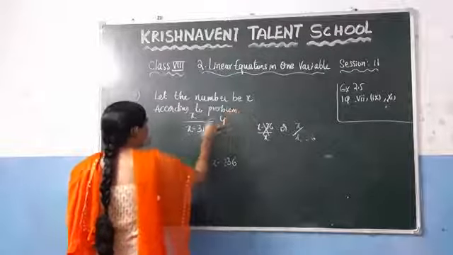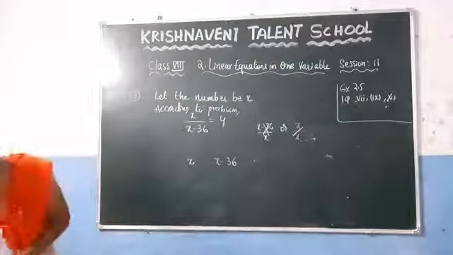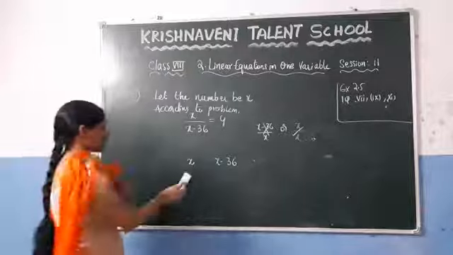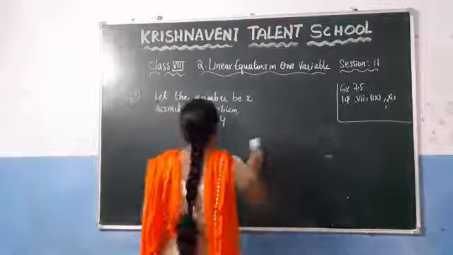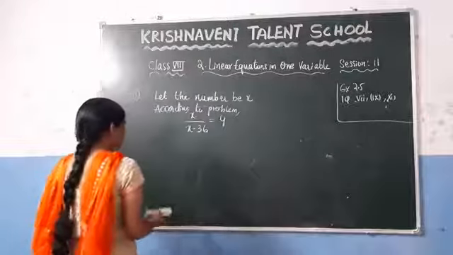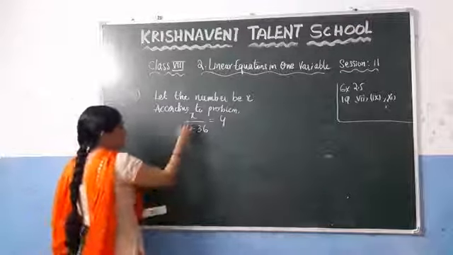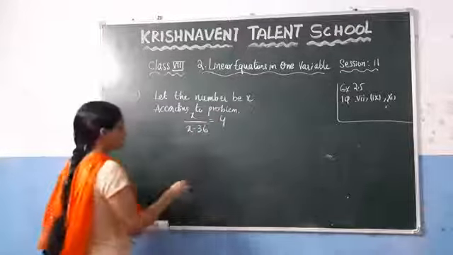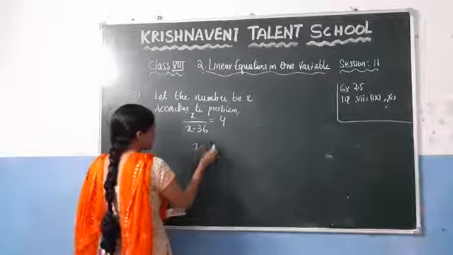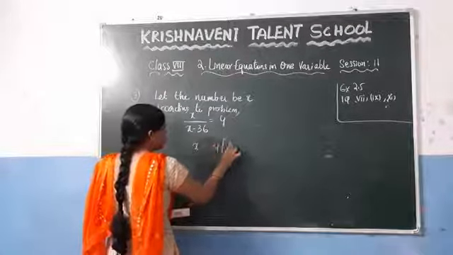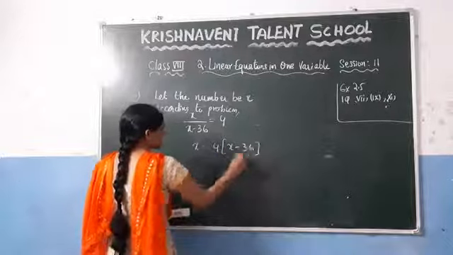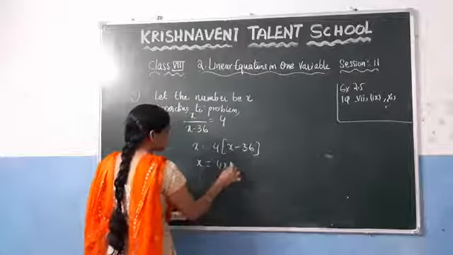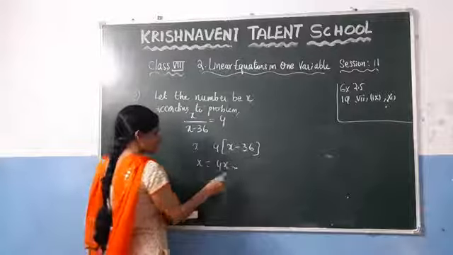how can you solve? If you divide these two numbers, you get the result as 4. Now you need to solve this one. So how do you solve? Very simple. Just multiply these two. If you take this value to the other side, it becomes multiplication. So you get x is equal to 4 into x minus 36. Now multiply with 4. What do you get? 4 into x, which is 4x, minus, what is the value of 36 into 4?